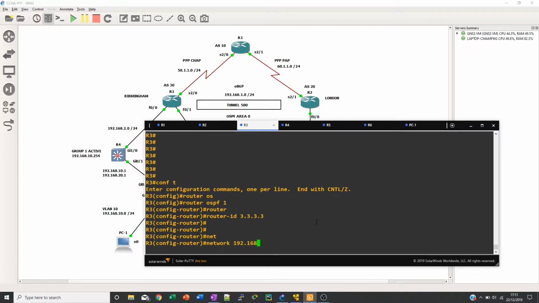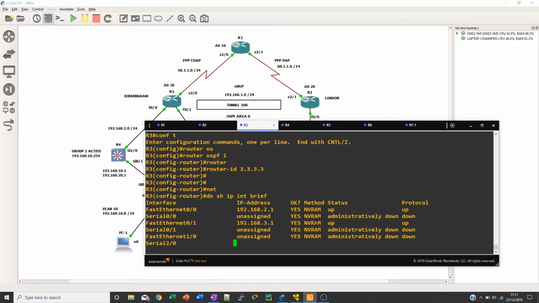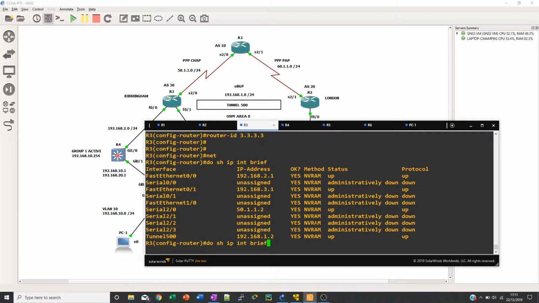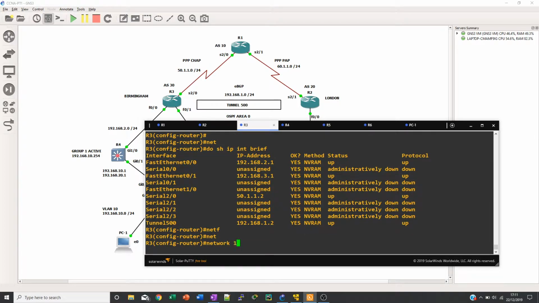And this is, I believe, the 1.1, but I'll have to check that. So do show ip interface brief. So it is the 1.2. So it is the network 192.168.1.2